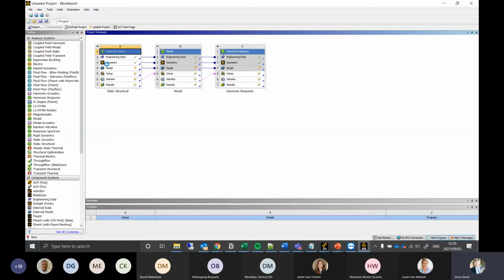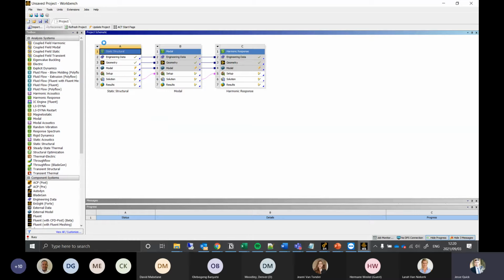So I'm going to start off by duplicating this. When I duplicate it, it's just going to give us another static structural cell over here. And then I'm going to use a global assembly mechanical model. The nice thing about that is we can subdivide our model into different sections that we can address within each model. So for example, in this case, I'm going to have